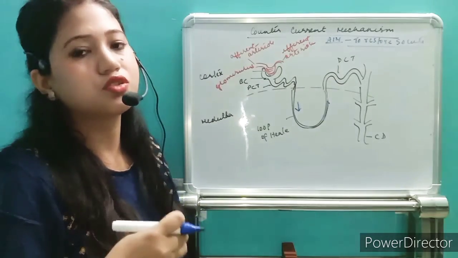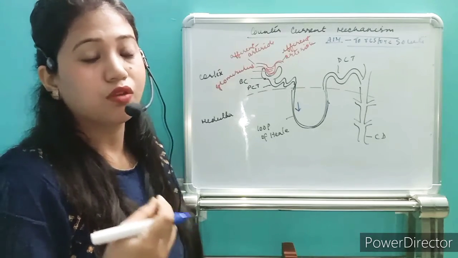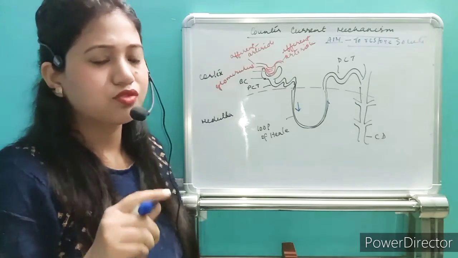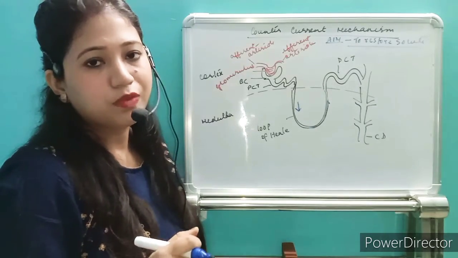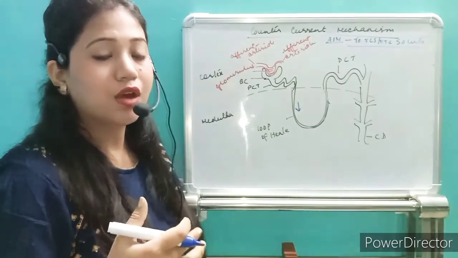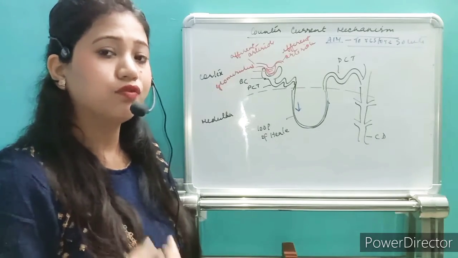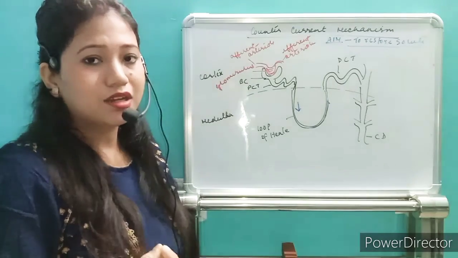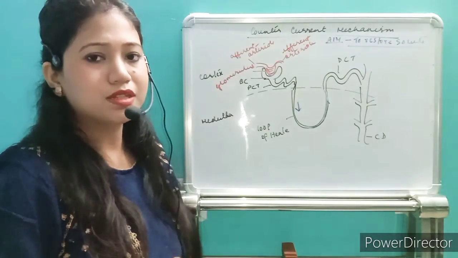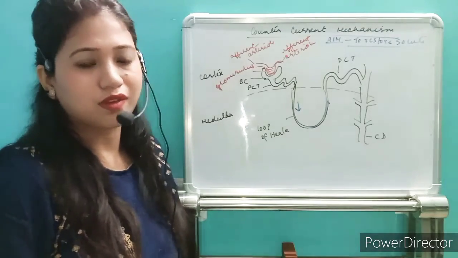To maintain the solute and solvent balance. Inside our blood, we have a specific pH. Our blood will maintain a specific pH that is around 7.2 to 7.4. So what is it? If you take acidic food, it's not like our blood will be acidic. If you're taking basic food, it's not like the blood will be basic. Rather, the urine will be acidic or the urine will be basic. But blood will maintain its specific pH, that is 7.2 to 7.4.